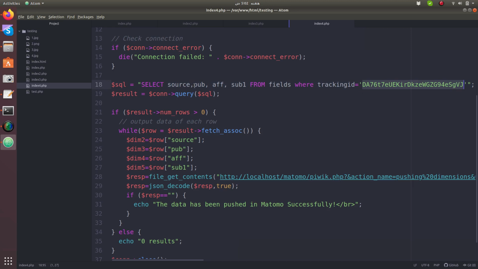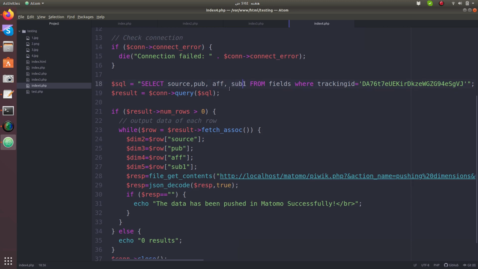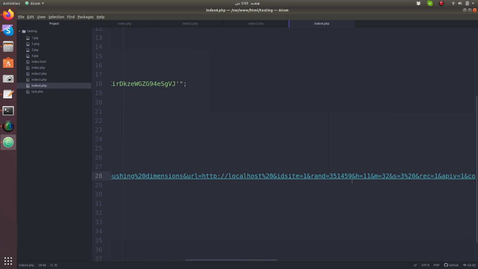I need source, publication, F and subtitle or maybe sub 1. There can be anything. I have read it from the database into 4 custom dimensions, dimension 2, 3, 4 and 5 respectively,